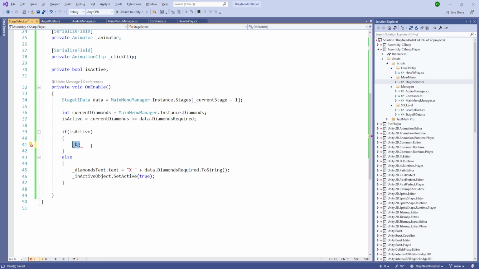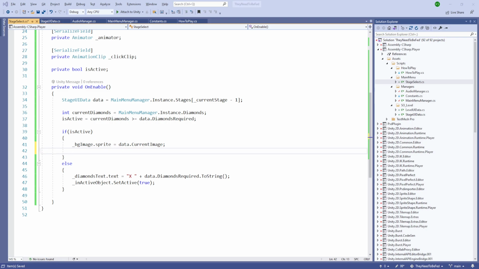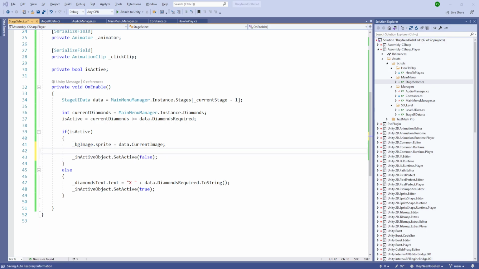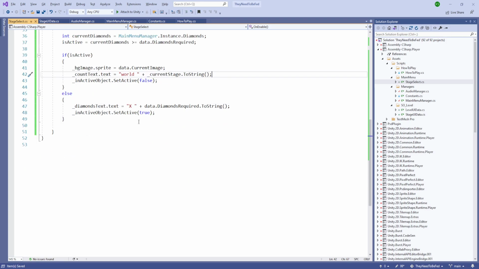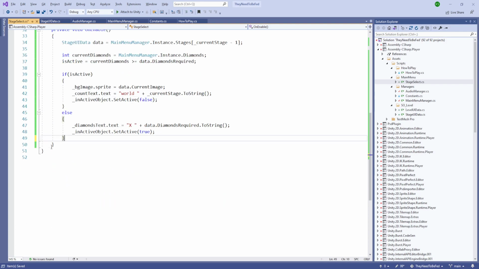And bgImage.sprite is going to be data.currentImage, and the active object is active, the inactive object is inactive, and our context is going to be "World" plus current stage.ToString. So this is going to be our default setup,